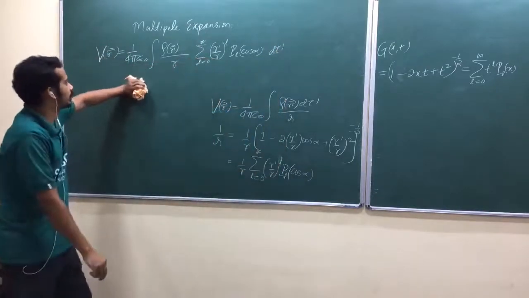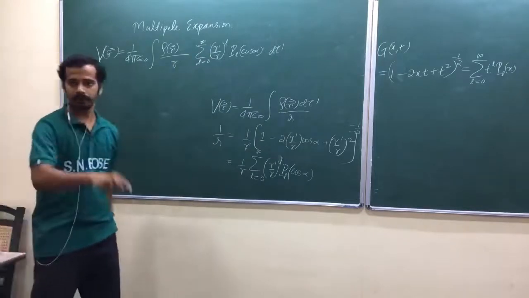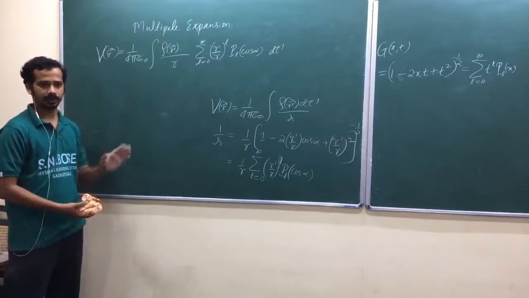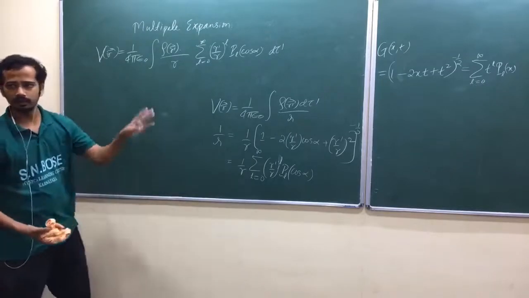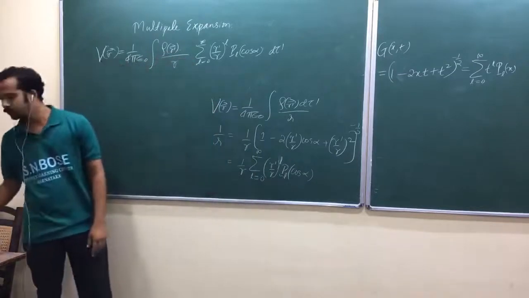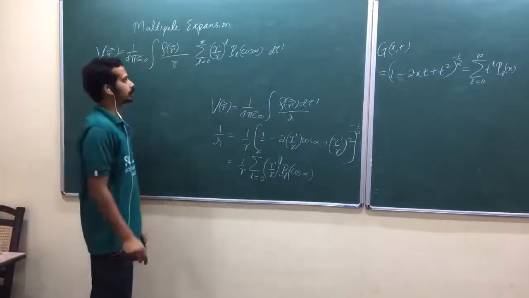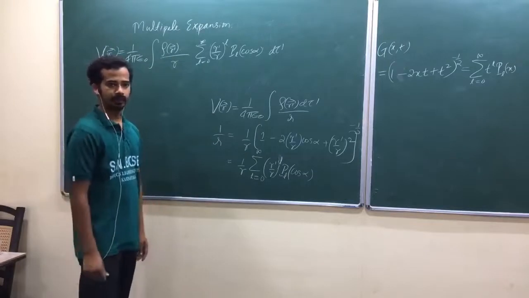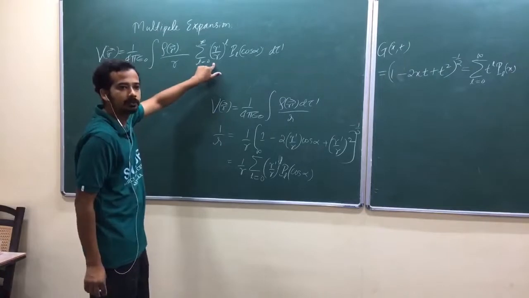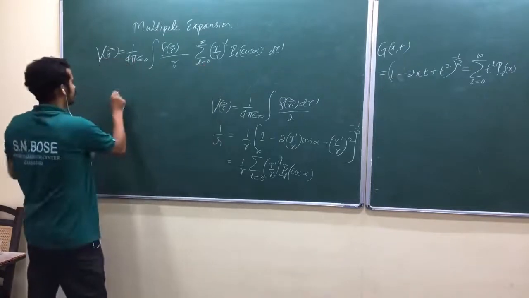Now look at here. What is variable here? Cos alpha is variable. Again, see the diagram. I just rubbed it out. See the diagram. When you run throughout that region of charge, R prime vector is changing. If R prime vector is changing, the angle between R prime and R is changing. The cos alpha is variable, but R is constant, the field point from the origin. So that's why I can take that one outside.